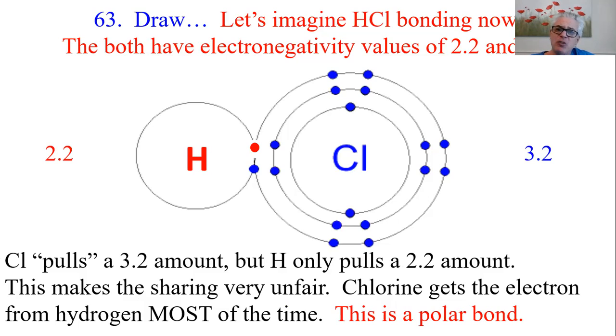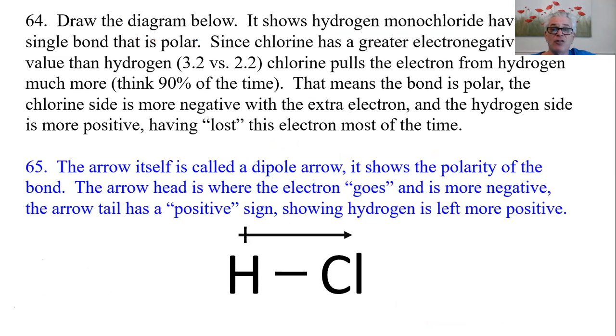What do you think that means when a whole bunch of HCl molecules get near each other? All the negative chlorines are going to be attracted to all the neighboring hydrogens, which are positive, and all the hydrogens are going to be attracted to the neighboring negative chlorines. All this stuff's going to stick together pretty well compared to atoms like H2 that have nonpolar bonds and are nonpolar molecules. So this is called a polar bond. Polar covalent, because it's not shared fairly. Now,